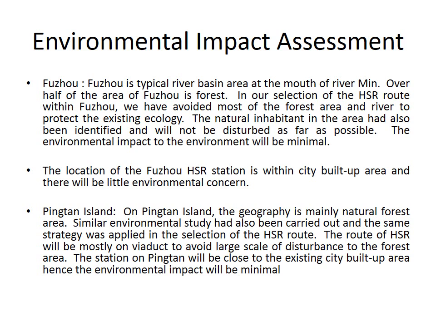Similarly, environmental studies have been carried out on the island, and the same strategy as Fuzhou was applied in the selection of the high-speed rail route. The route will be mostly on viaduct to avoid large-scale disturbance to the forest area. The station on Pingtan Island will be close to the existing city built-up area. Hence, the environmental impact will also be minimal.